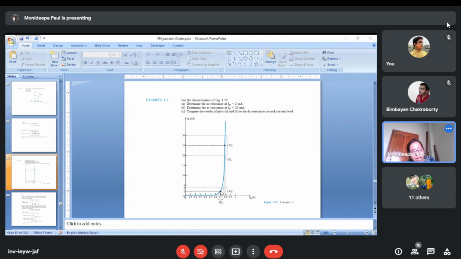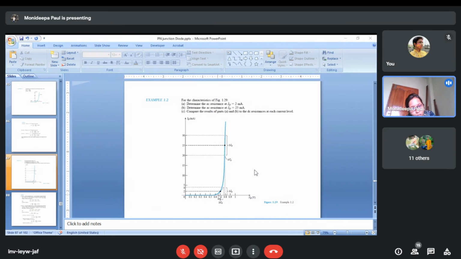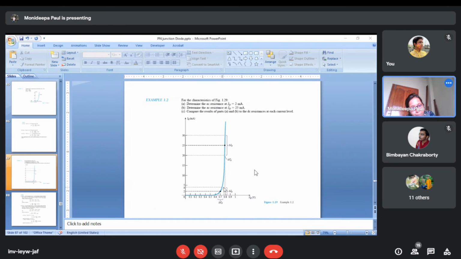So we take the 2 milliampere as the center, and consider the same portion below and above the 2 milliampere. If we consider 0 to 2 milliampere, then we add another 2 milliampere, that means 2 to 4 milliampere. So the change of voltage is from 0 to 4 milliampere. What is the change of voltage? When current is 0, at that time voltage is near about 0.65 or 0.66 according to the figure.